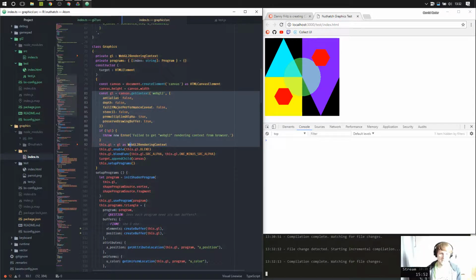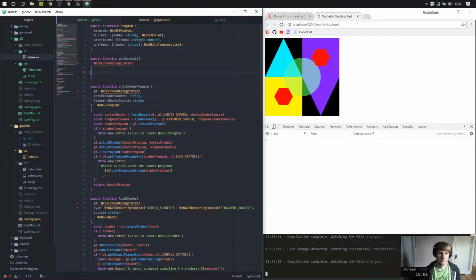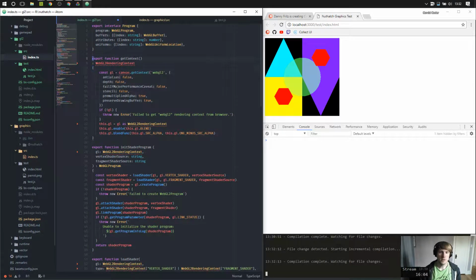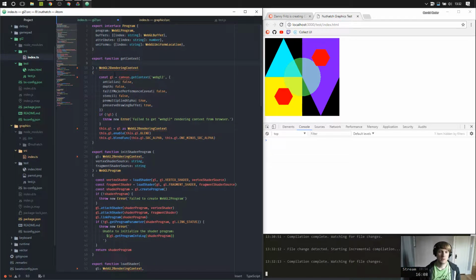So it takes a canvas in and returns a context. Well, actually, there's more to it than that. All of it. So I need to take in a canvas. That'd be canvas, and that's a type HTMLCanvasElement. This.gl equals canvas.getContext, all this stuff. If that, throw error. Otherwise,